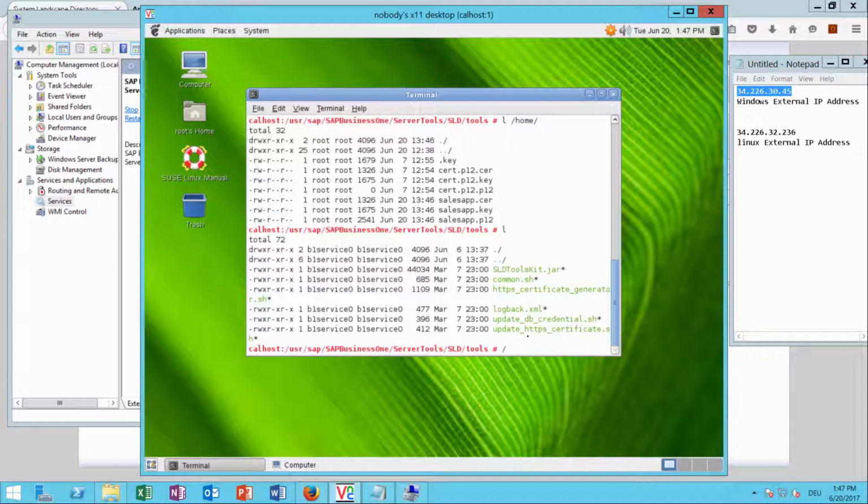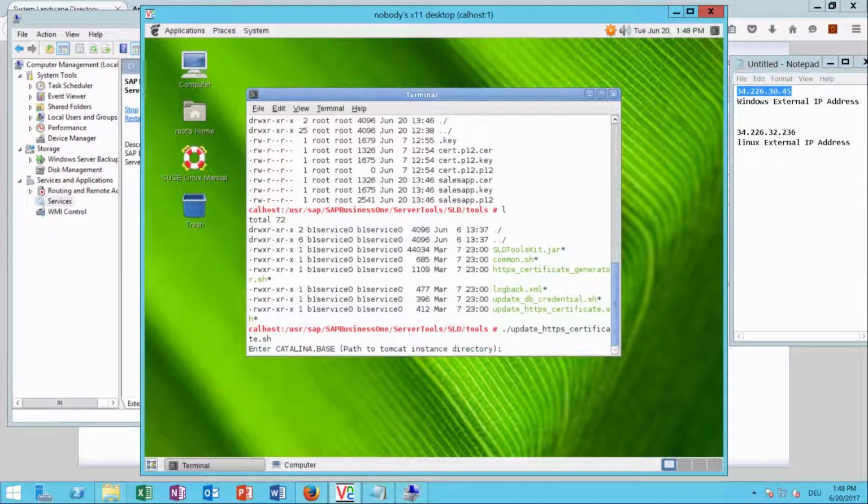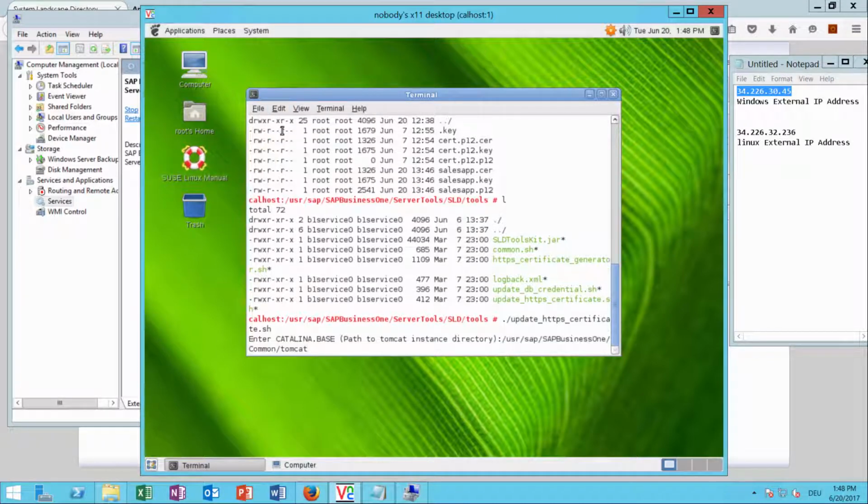First, before doing this, copy the path of your current Tomcat installation in Linux, which is under user SAP business 1 common Tomcat. Just remove the last slash, and we can copy this information. So edit, copy, and we have it now copied. And then we will execute the update HTTPS certificate script. The first thing we need to enter actually is this path, so we'll just paste it and